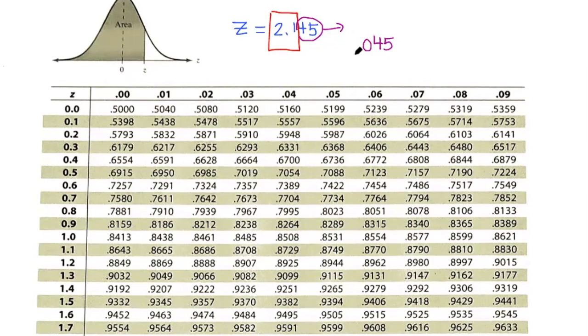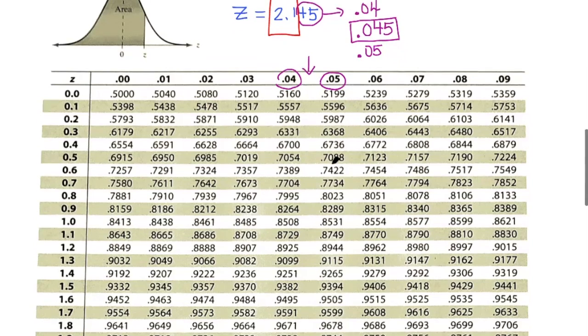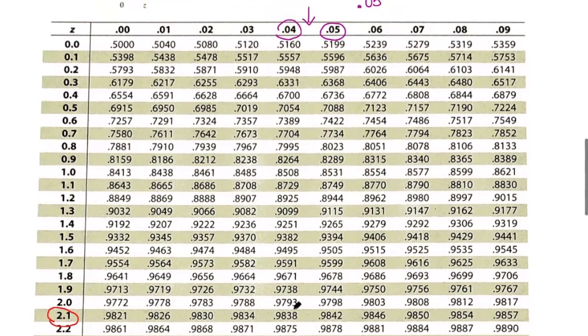And technically, again, that's in the hundredths position. So this is the decimal representation of those digits. And 0.045 actually falls in between 0.04 and 0.05 on a number line. So what you're going to have to do in this case is, we have a 0.04 column and we have a 0.05 column. And what we're saying is the one that I need to look up actually falls in the middle of these two. So what you're going to do is you're going to read both of these values down